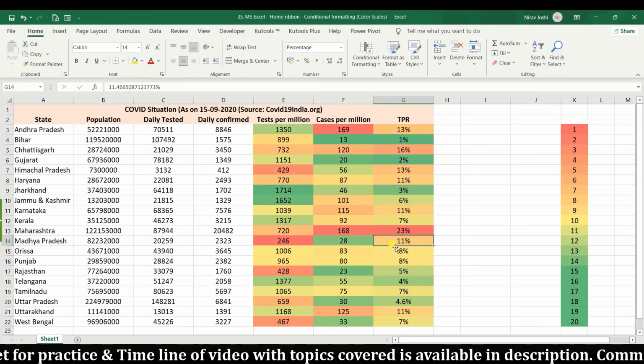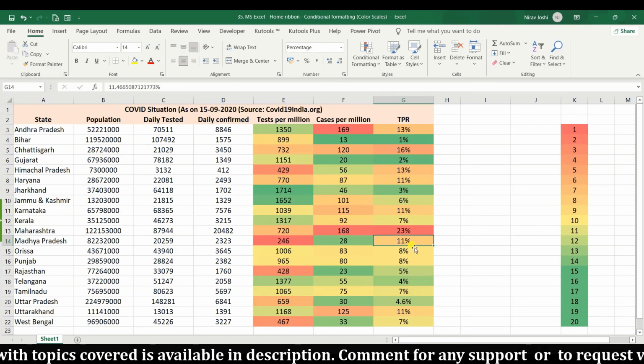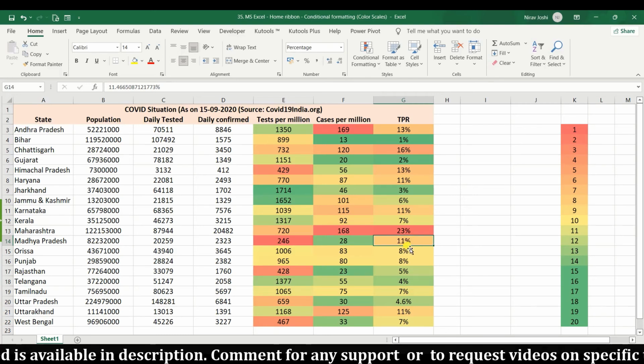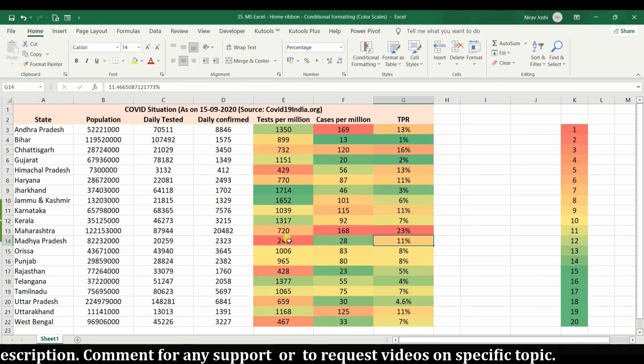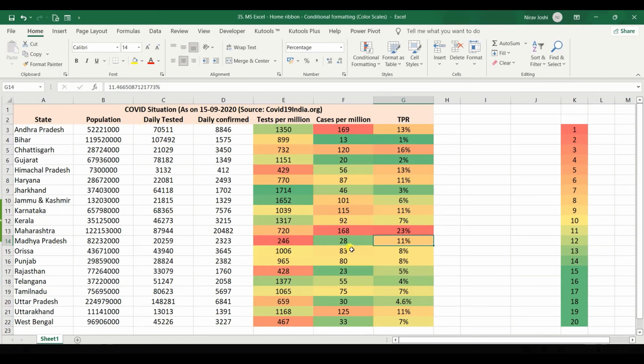Conversely, if you see here, the TPR is in the mid to high range. It is 11 percent, but the main cause of concern here is tests per million rather than cases per million, right? So we need to increase the tests per million, and eventually it will help us to bring down the TPR, though cases per million might increase somewhat because of that.